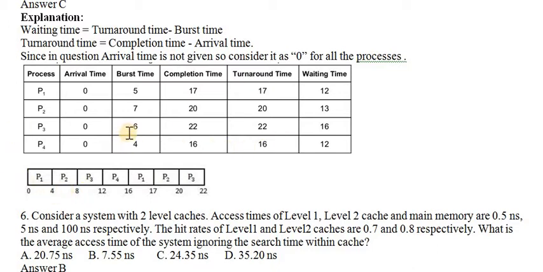Now P2 is arriving. P2 burst time is 7, so it can be executed for 4 seconds. The remaining 3 more seconds it has to do, so it has to wait again. Now P3 is coming. P3 will be complete within 6 milliseconds. So it will be performed for 4 milliseconds. After that, 2 more milliseconds remain, so we again keep it in the wait queue.